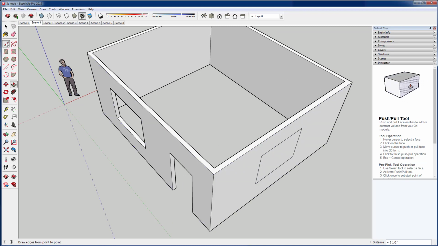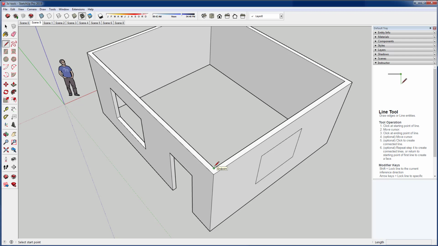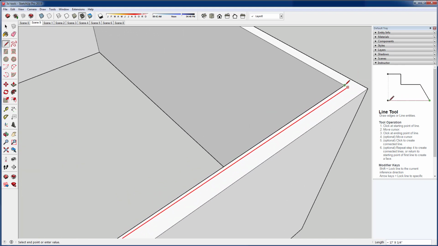Then I would quickly take my pencil tool, click in this corner, and then hold it along this edge until I get a purple line, or in this case, since it's along the red axis, and then lock my tool on that axis by either hitting the right arrow key, notice how the line turns thicker, or by holding down the shift key. Either one will lock it,